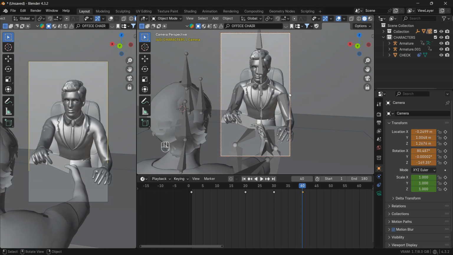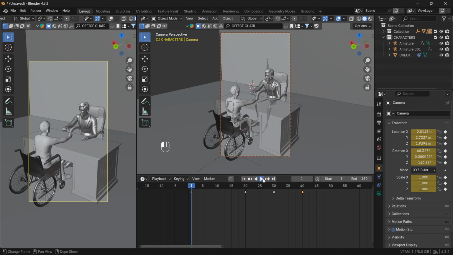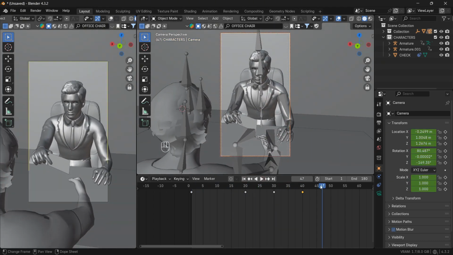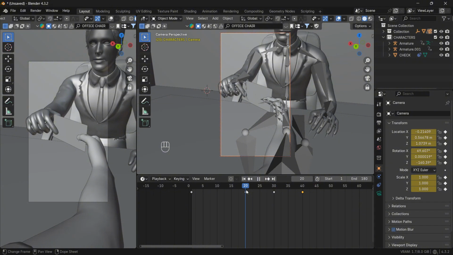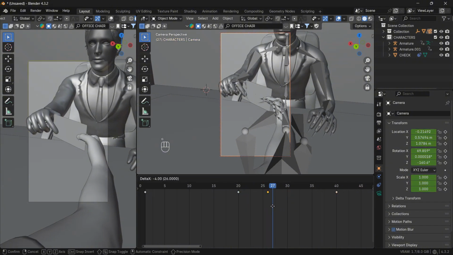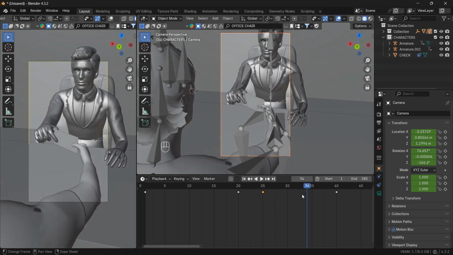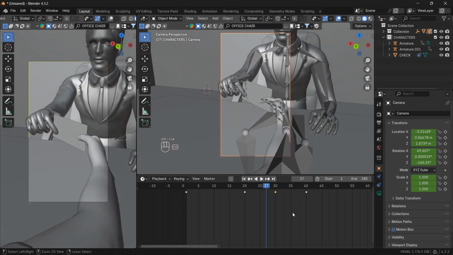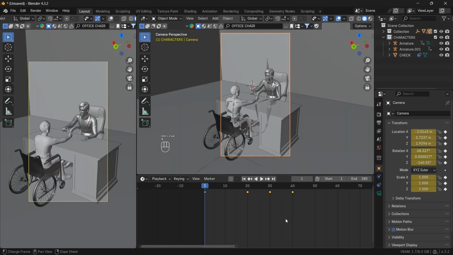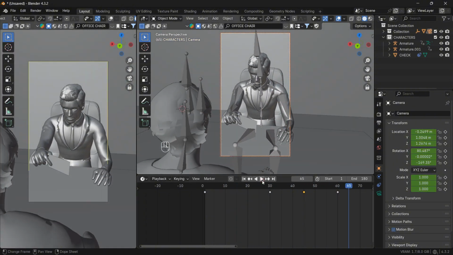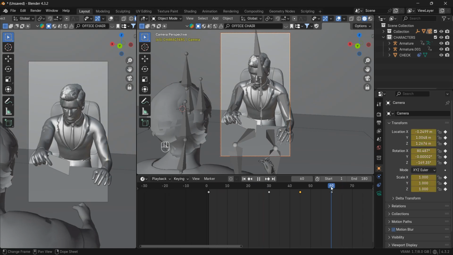Okay, and I'm going to add a keyframe over here. Now let's see how it looks. Okay, this is fine, and we can simply move it a little bit backward, like 25 frames, and move it a little bit forward. Or maybe what we can do is simply select all the keyframes and move it to 60, like this. Again, now if we move to 60, frame number 60,